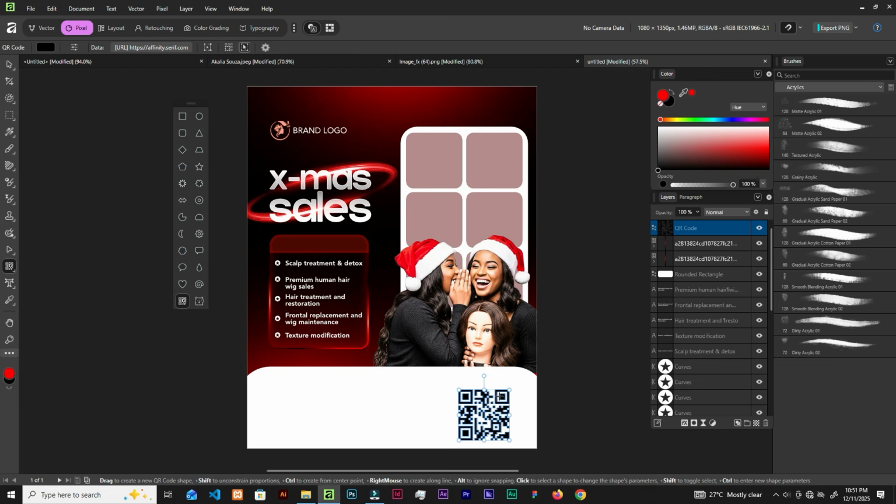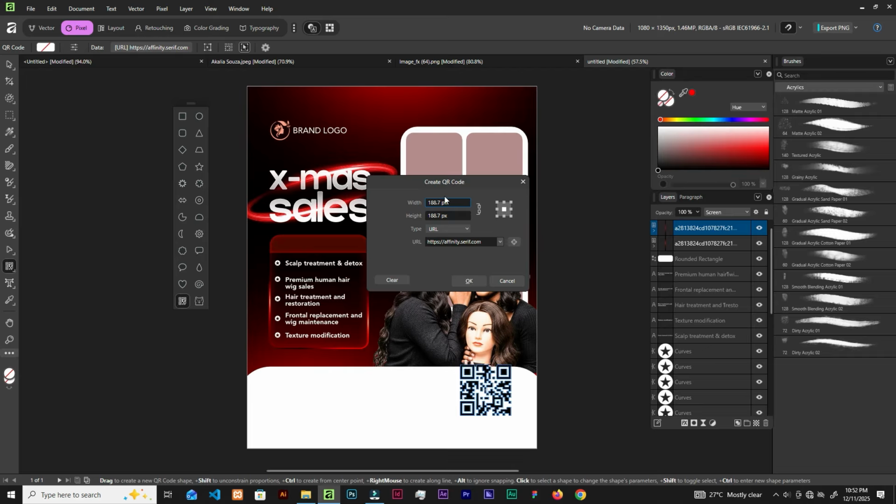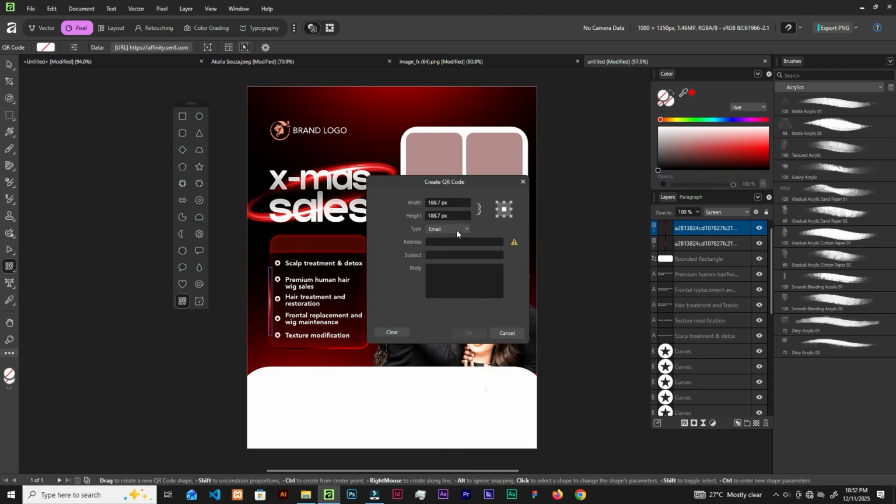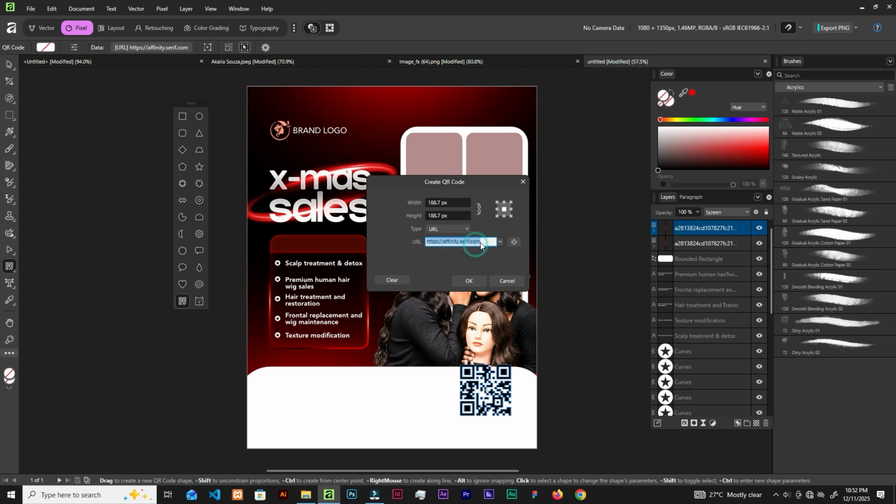All right, now suppose you want to create a scannable QR code. Hold Control on the keyboard and click once. So over here we got the width, we got the height, we got the type, URL, with a phone number that you want to input there. What is this? Phone number cannot be blank. You have to input a phone number here, or a text, SMS, email, WhatsApp, email address, and so on. Okay, so let's say we have a website, probably